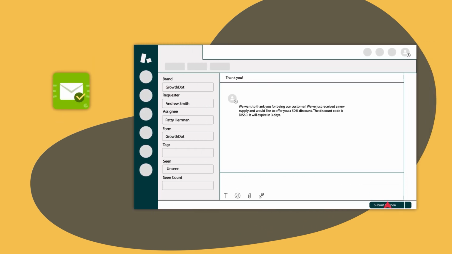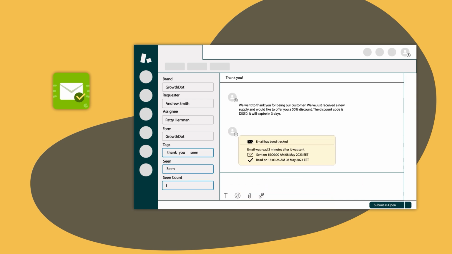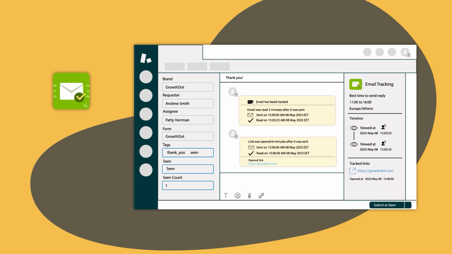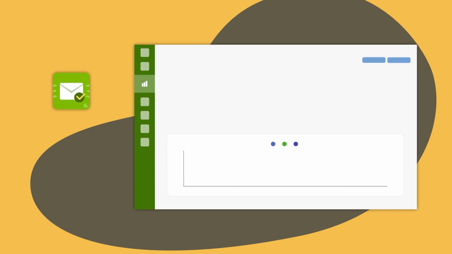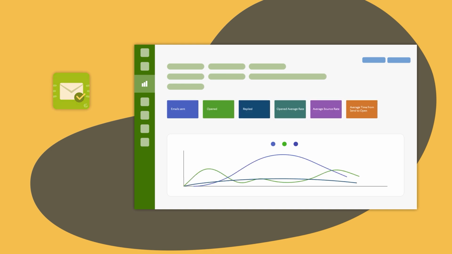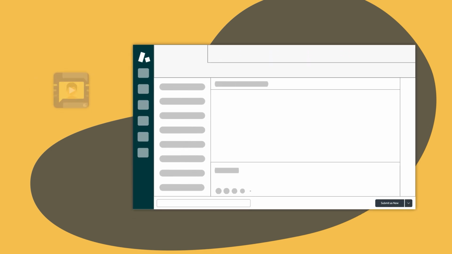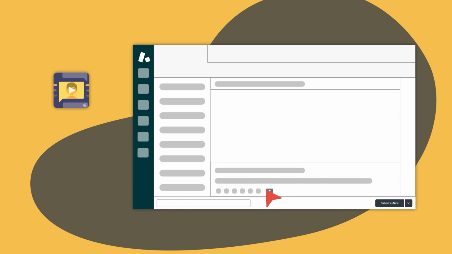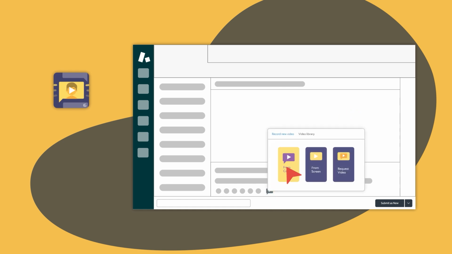The email tracking app will help you to track emails and links open and view the statistics about open and bounce rates. Also available for Freshdesk. To send video tutorials or video answers, or request a video from your customer, there is